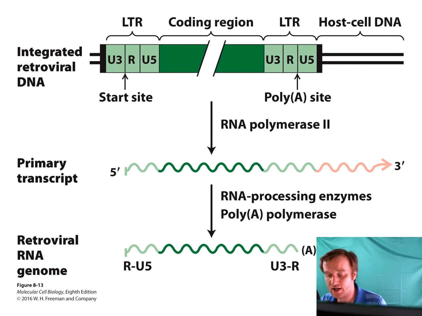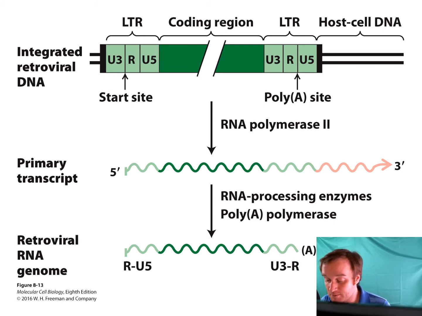And so they're transcribed to form an RNA intermediate for generating retroviral genomes from integrated retroviral DNA. So this is very similar to the mechanism for generating retroviral genomes from integrated retroviral DNA. So all that being said, they're very similar to how